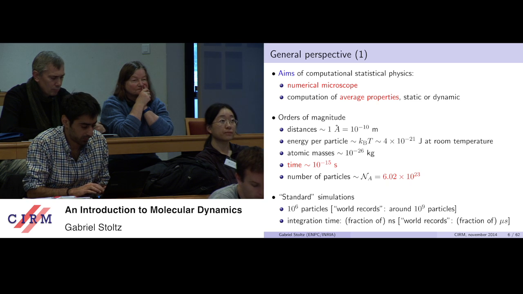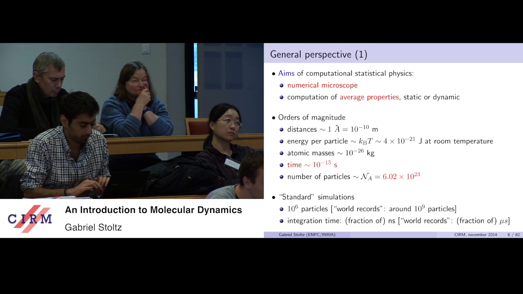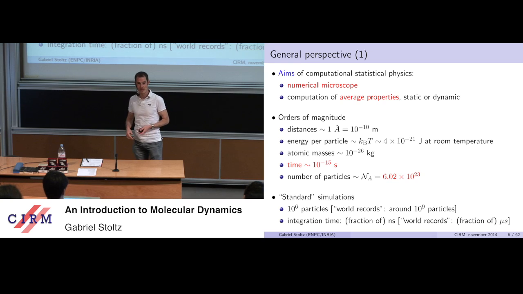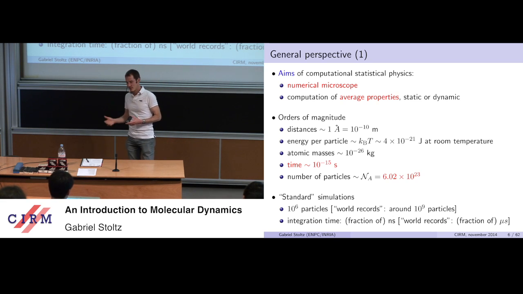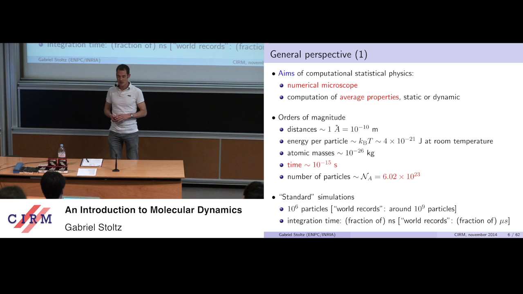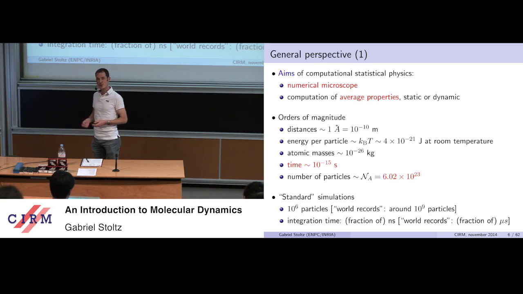There is also another aim, which is a numerical microscope, in the sense that you take your system, you postulate some interaction law, you simulate it on a computer, and then you look at the movie and see what's happening. It's very easy to look at movies on a computer, because you can see every atom move, and you can see very precise motions, which you cannot with typical experiments. On the other hand, it's not a real experiment, so what you see on a computer is not necessarily what happens in real life, but at least it can give you some intuition and information about what could really be happening. So it's really to have some ideas about what to look for in experiments.